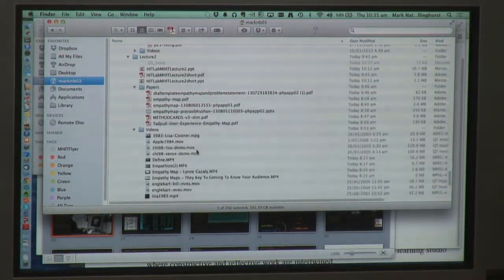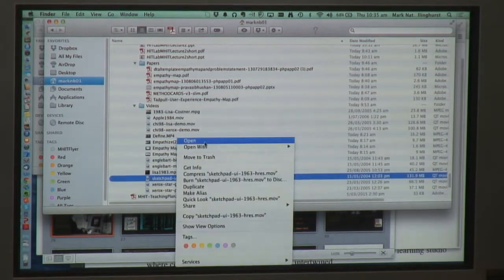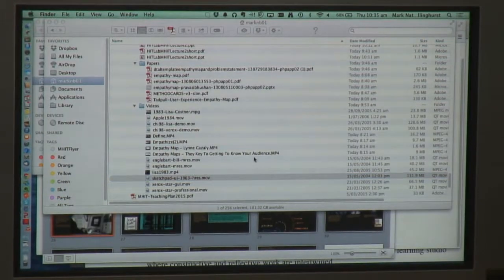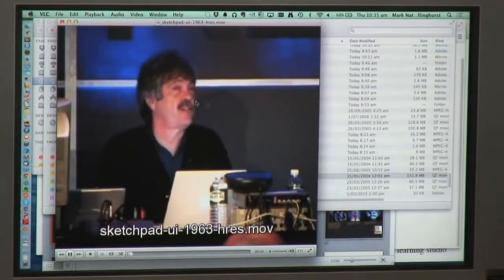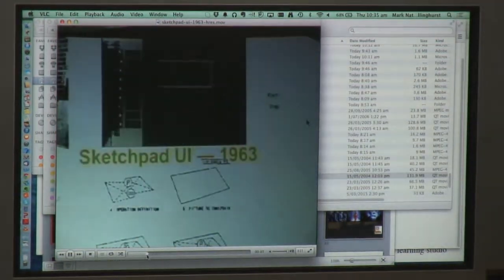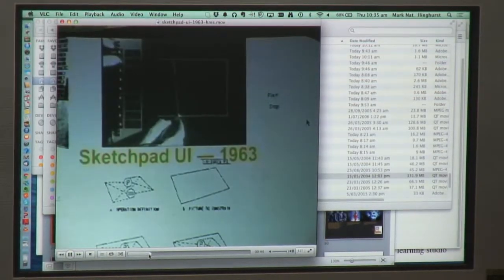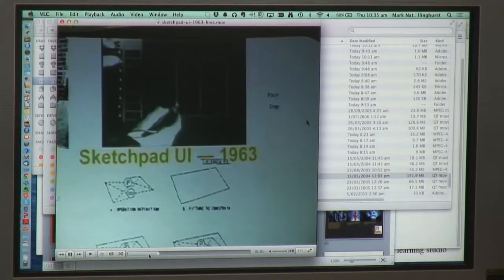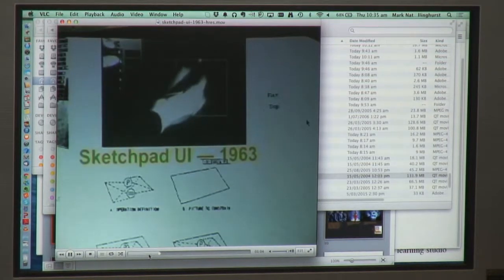Okay, so let's see the video. I'll just turn the audio off because it's quite annoying, and then I'll open up the video here. This is Alan Kay, who's another very famous person in computers, giving an explanation of Sketchpad. I'll fast forward a little bit, and what you can see here is him using Sketchpad. He's using a light pen to draw lines, and the computer had some knowledge in it, so when he touches those two lines together, it will try and make the lines parallel. There's a light pen, and on the left-hand side there are physical buttons. You can push the buttons to go into different modes, and then you can interact with the computer.